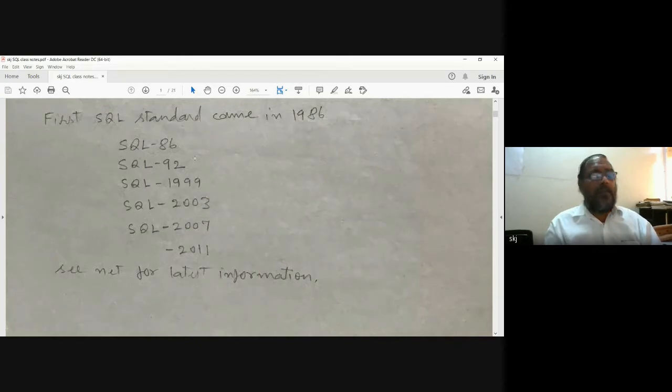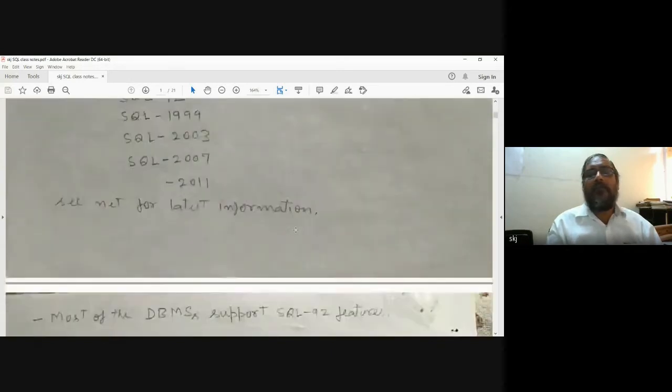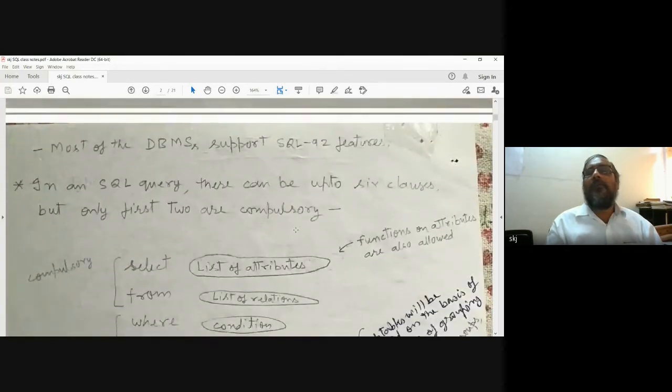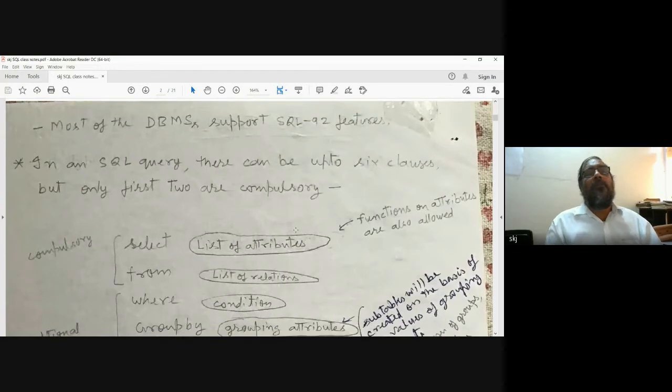For additional features, like special databases or any other kind, the later standards are relevant. Most of the database management systems support SQL 92 features, right?